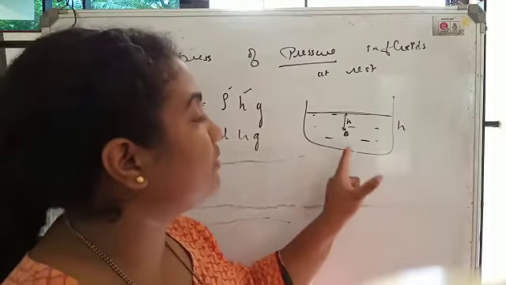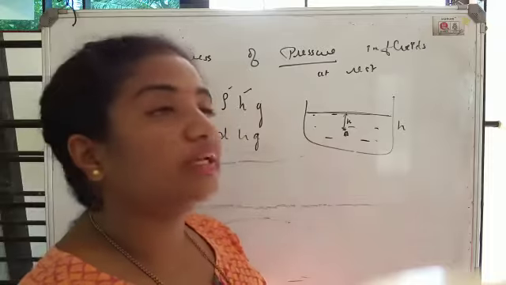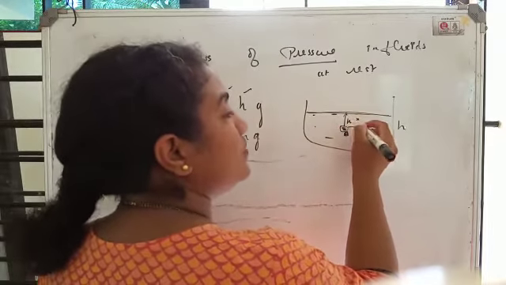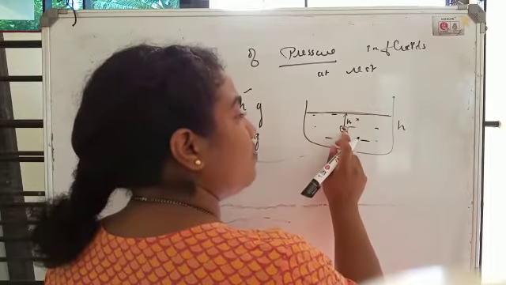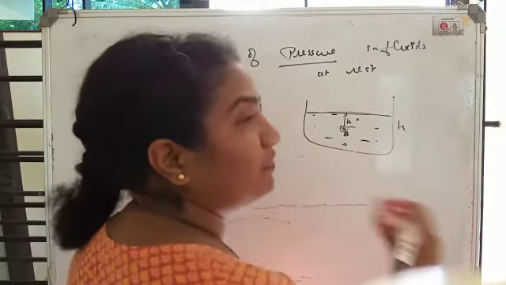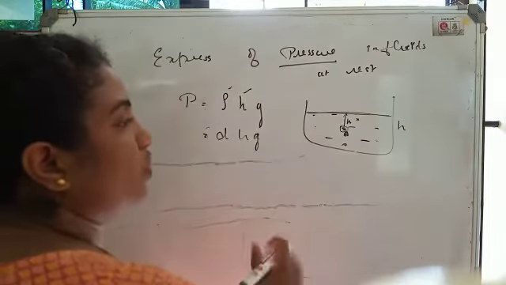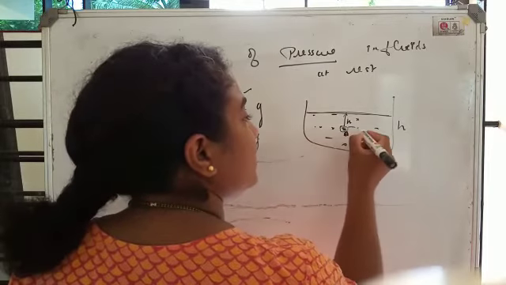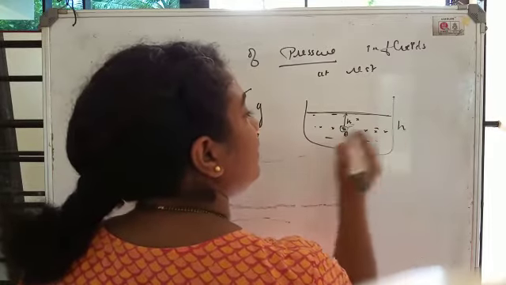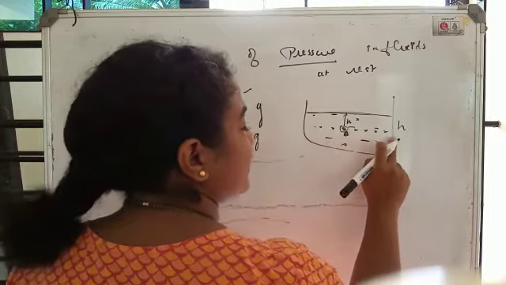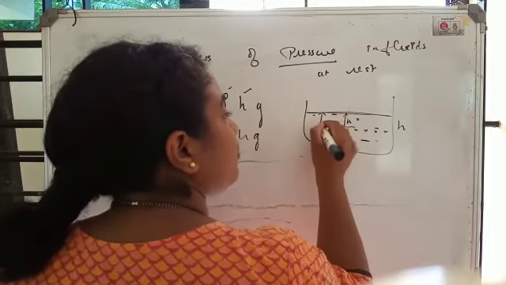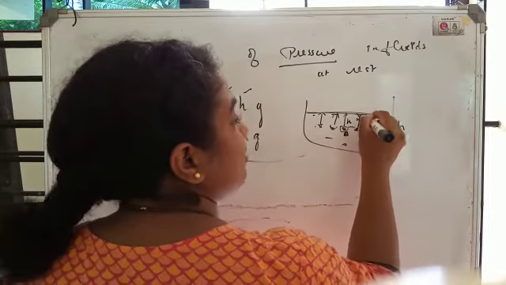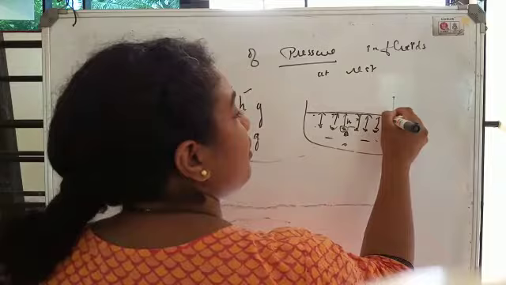First you have to confirm that the fluid is at rest. Then consider the point at which you want to calculate the pressure, because from height to height it will differ. At this point the pressure will be different, at this point the pressure will be different. Now you have to note two points. The first point is that all the points which are in the same horizontal line, for example these points, have the same height from the free surface, because they are in the same horizontal plane from the free surface.